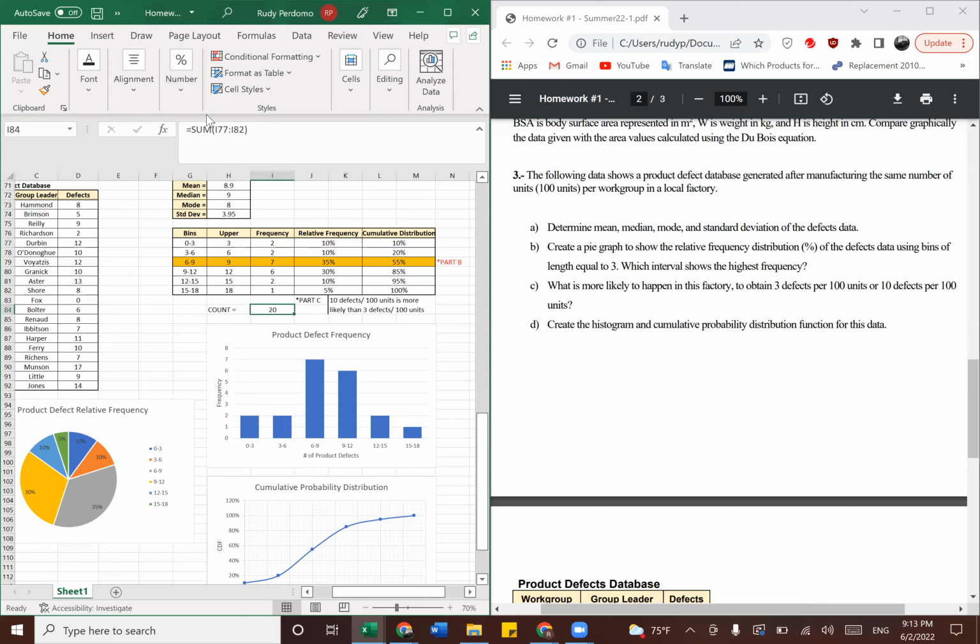So for the count here, you would just use count, and it returns 20. So pretty much just the frequency of that bin divided by the total number gives you a percentage, which is the relative frequency. And now cumulative distribution, pretty much,